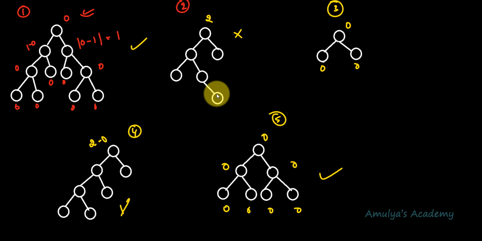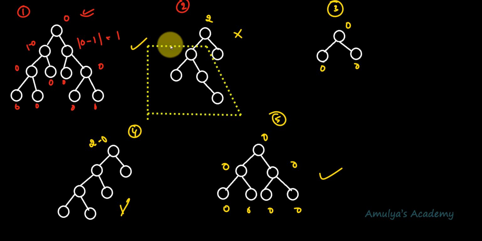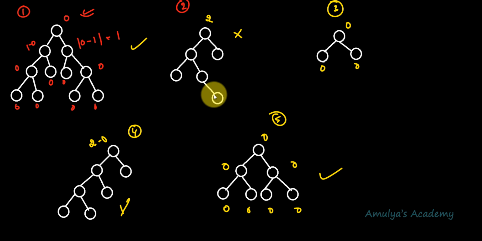And if you have any confusion about how to find the height of the left subtree and the height of the right subtree, what I did is, this is the left subtree of this node and this is the right subtree, right? In this left subtree, I took this as the root node and I need to find the height of the root node. So here the height of the root node is 2. And for this, it is the root node and it is the leaf node. That means the height is 0. So that's why I got 2 minus 0, here 2. I did the calculation like this. I hope you don't have any confusion now. So that's about the balanced binary tree.